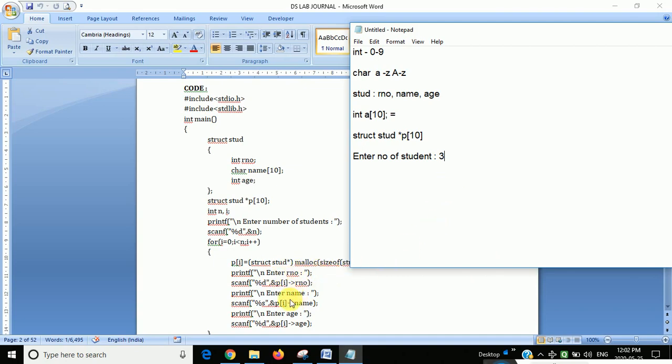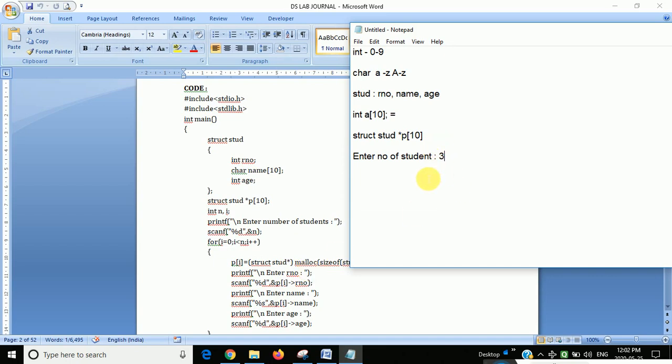Every time it will ask roll number, name, age. And when we add the roll number, name and age, that will be indirectly assigned here. It will accept it and put it in the array.